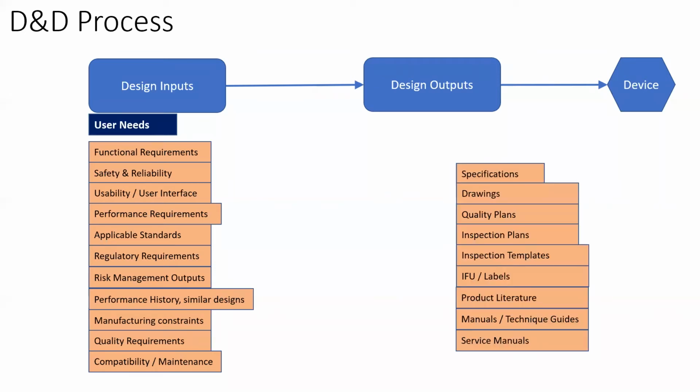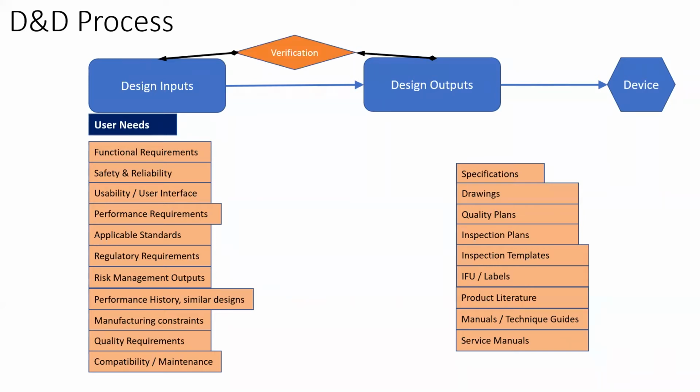What about design outputs? So the obvious ones, specifications, drawings, quality plans, all of these are design outputs. But we always think of outputs in engineering terms or in specification terms, whereas an instruction for use or a product label is also a design output. Catalogs or marketing literature that is produced, which may make claims as to what the device is supposed to fulfill or the equipment is supposed to do, is also a design output. And a service manual to service equipment is also a design output.